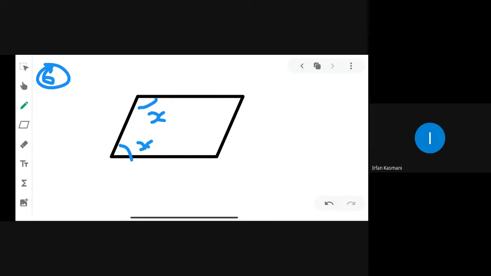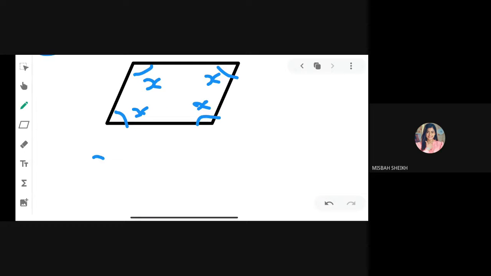So we are taking x as the angle. Opposite angles are equal, so the angle opposite to this one is also x. Yes or no? And the angle opposite to this one is also x. So all angles are equal. It means the sum of these four angles, by the angle sum property of a quadrilateral, is